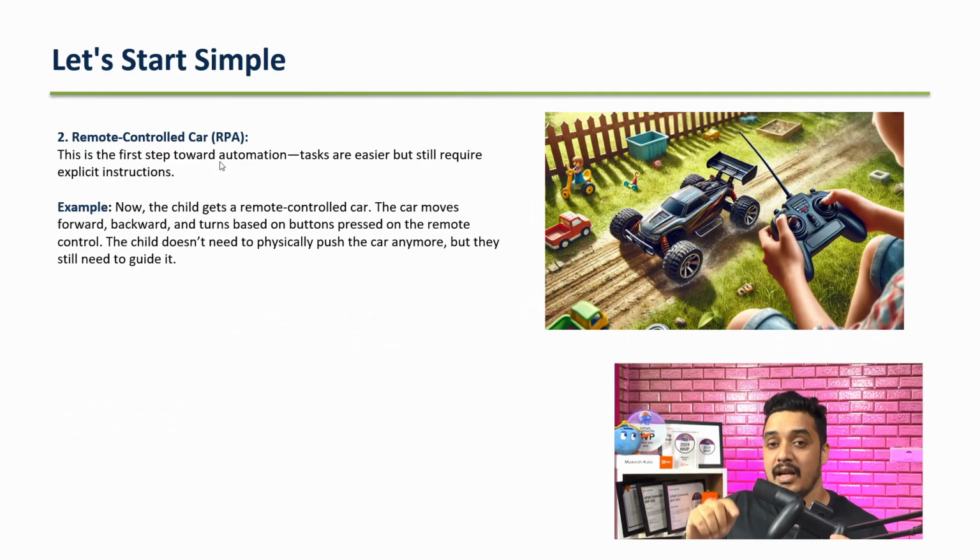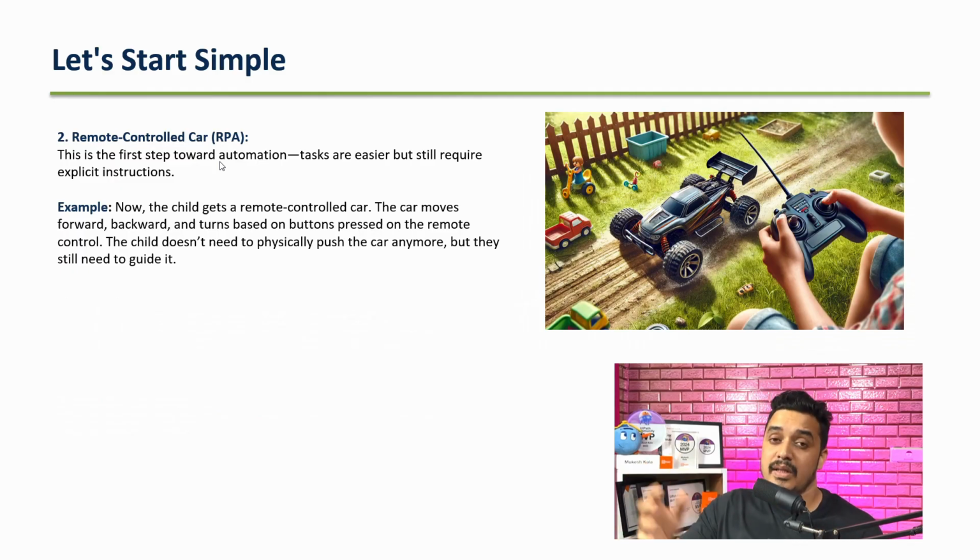Now, the child does not need to physically push the car anymore. It is the remote which is doing the task for the kid, right? So this means that you have now automated your task, right? You have a lot of emails, you had files, you had to do a lot of mundane repetitive stuff. You implemented something called robotic process automation, which we have done a lot of videos on this channel, and I believe you are an RPA developer, so you understand that we have done some sort of automation.